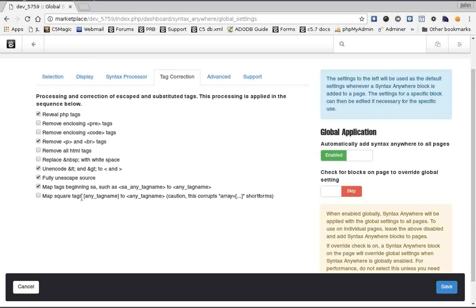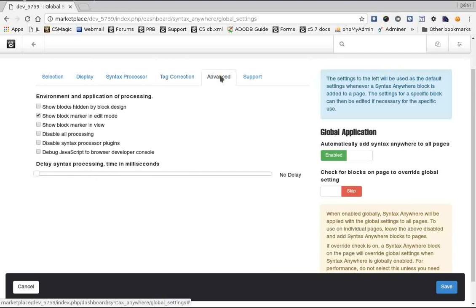Or you could adopt a convention of putting tags in square parentheses rather than angle parentheses. But be careful about doing that, because if you use array short forms, which is common in JavaScript and in newer versions of PHP, it will corrupt them. A few advanced things: we could show the block marker in edit mode, or in the view mode, show blocks that are hidden by block design. We can delay the syntax processing to allow other ready handlers to happen. And then finally,